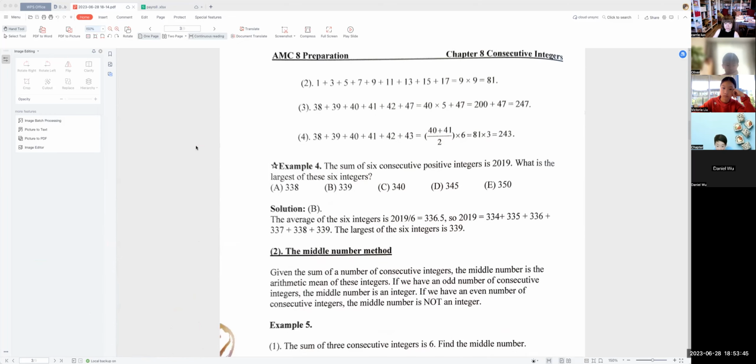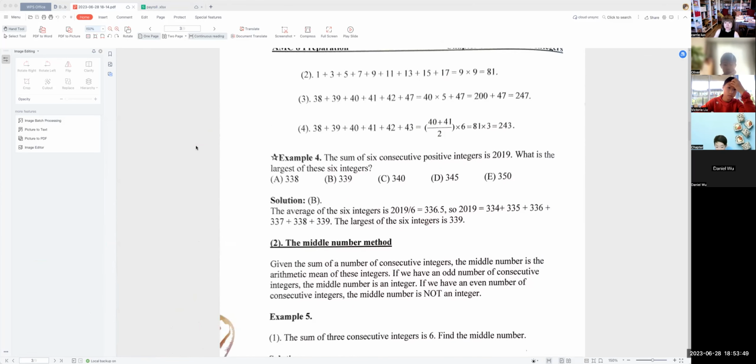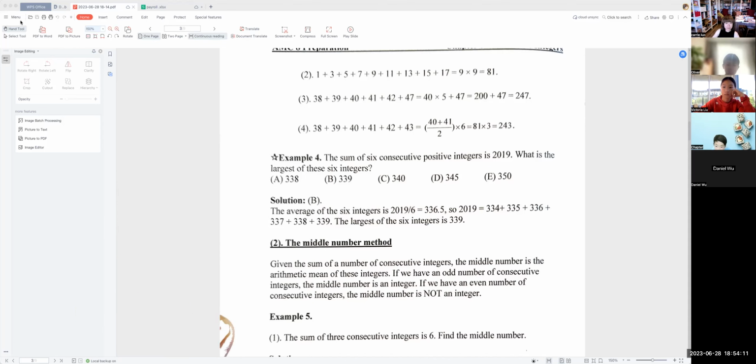So let's take a look at this one, number 5. 这个太简单了。The sum of 3 consecutive numbers is 6. Find the middle number. OK，老师有没有告诉过你们，如果3个数字，你知道它们加起来等于6，而且它们是 consecutive 的，那中间那个数字就是什么？6 divided by 3 equals 2. So it's 2, 1, and 3. Correct? OK, very good. 这个很简单啊。